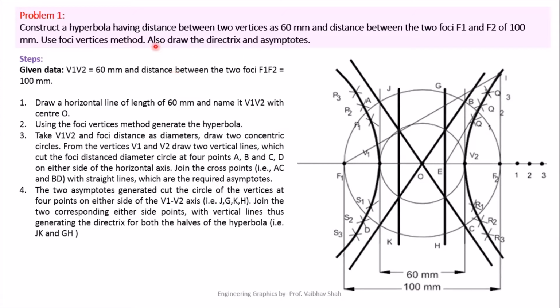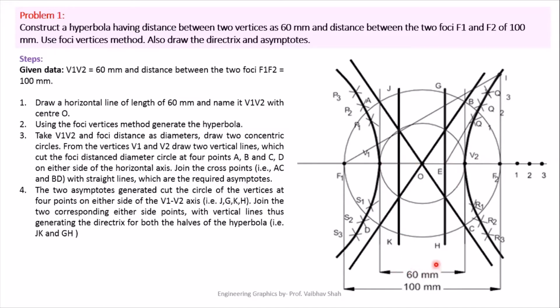So now, hyperbola, we have to draw the first hyperbola. The distance between two vertices, that means the distance between V1 and V2, is given, which is 60. So V1 and V2 is 60. Now the distance between two foci F1 and F2 is 100. So F1 F2 is given 100. So let us draw one horizontal line first. Then let's plot the distance of two vertices, which is V1 and V2. So we have plotted the distance between two vertices V1 and V2, and let us denote it by 60 mm